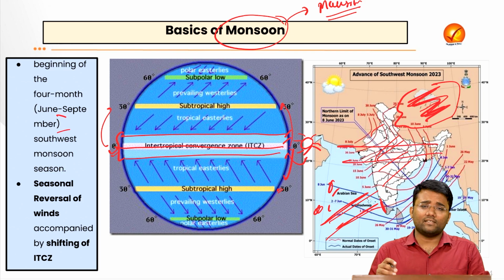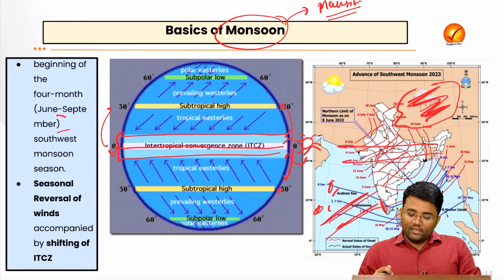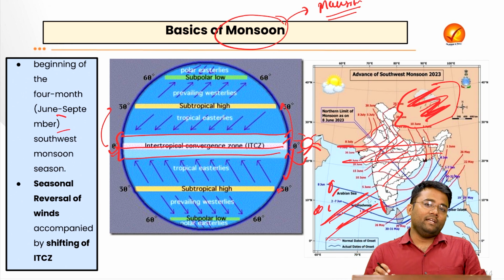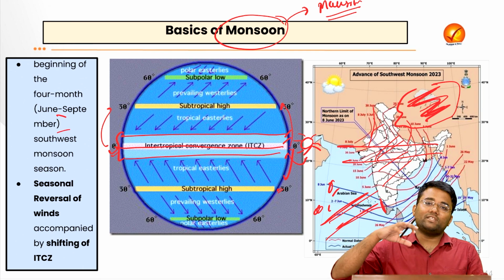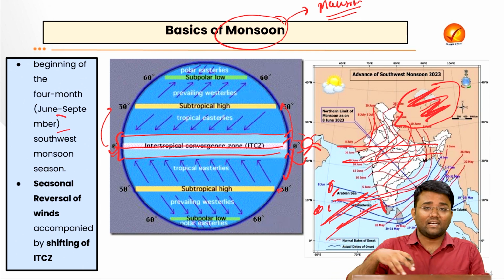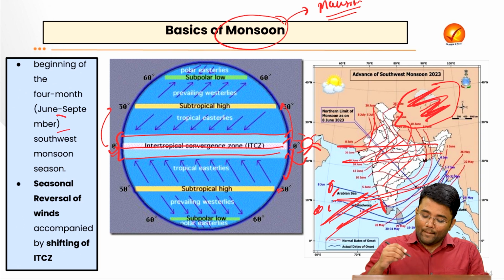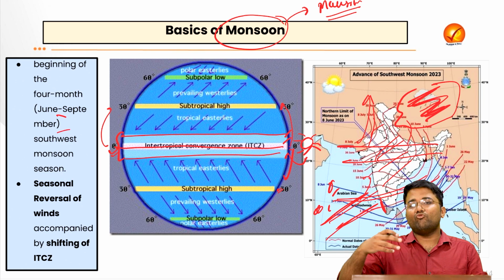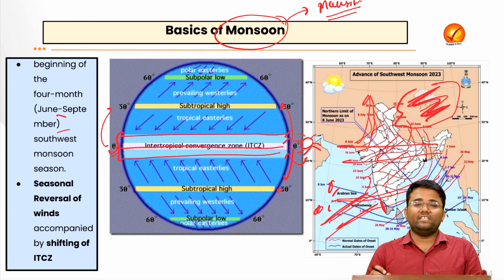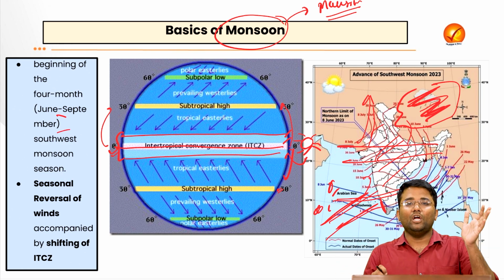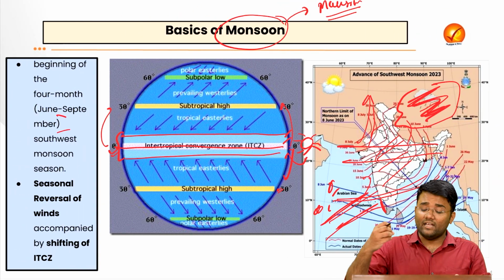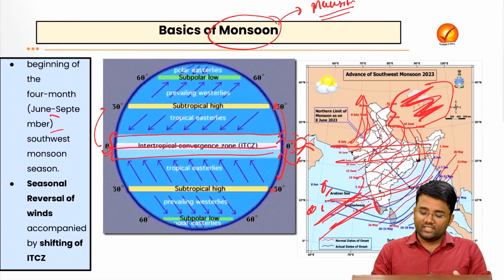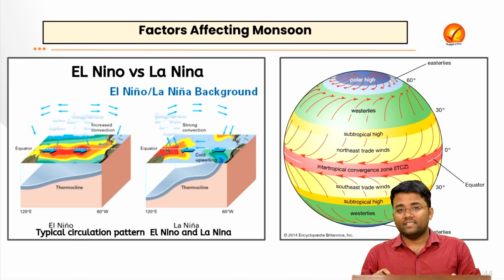Normally it is the westerly jet stream which is there, and when the monsoon winds start coming towards the Indian subcontinent, the westerly jet stream leaves the Indian subcontinent slowly and gradually and moves towards the northern side, and the easterly jet stream starts coming towards the Indian subcontinent. With the apparent northern movement of the westerly jet stream and the arrival of the easterly jet stream, the monsoonal winds are again being steered towards the Indian subcontinent. So these jet streams are also steering the monsoonal winds, and they are an important factor impacting the monsoon.